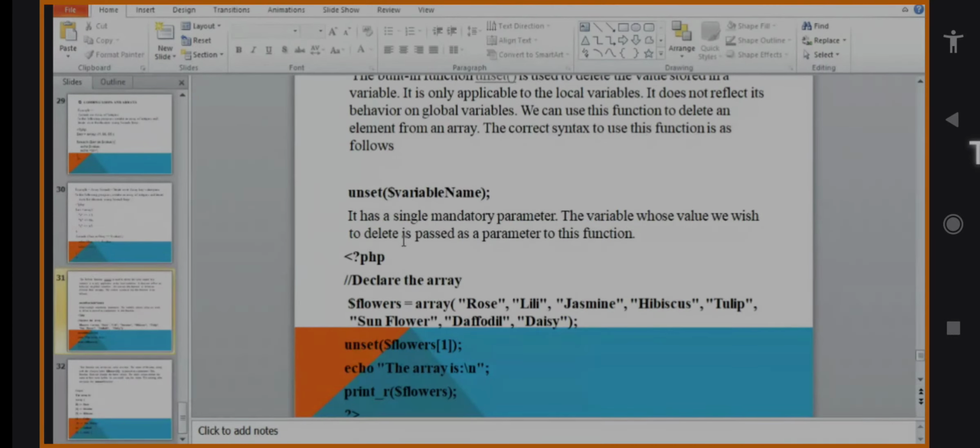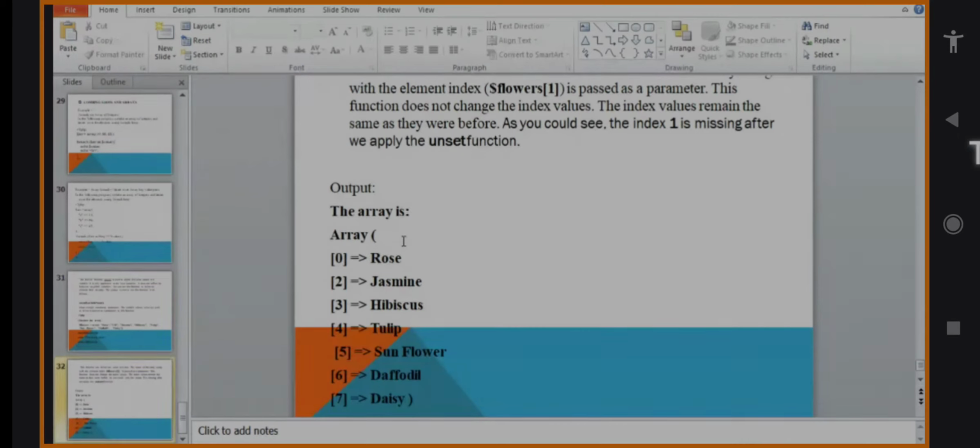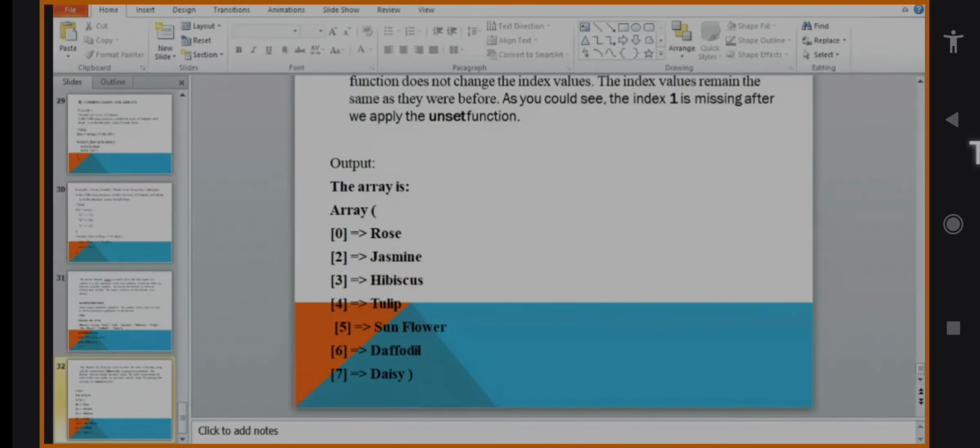One by one the values will be printed using print_r. Print means we have to print one by one element, but the first element will not be printed. So the zeroth position Rose will be printed, second Jasmine, third, fourth. One by one each element will be printed. Do all of you understand? Then we will see it with the example also. All of you understand? Yes, ma'am.